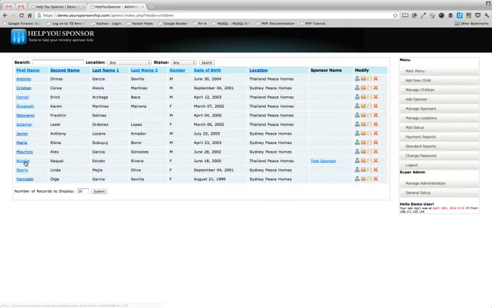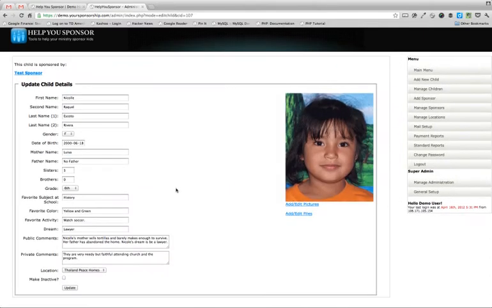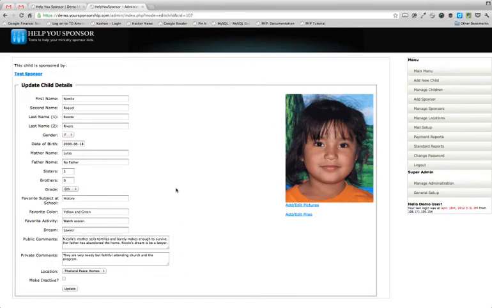Next, let's take a look at a child profile. Right away, you'll notice that the child profile page displays the child profile picture. One thing you'll notice, we've tried to link everything together to make navigation a million times easier. One other thing to point out, below the child picture are these links for editing the child picture and editing or adding child files. If we edit a child profile, like I'm going to do here, and click Update, you